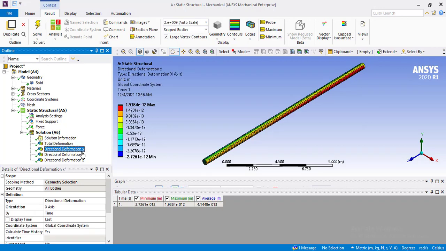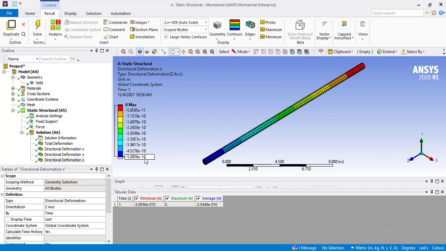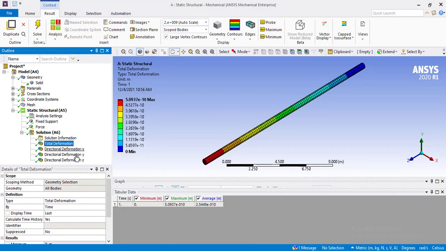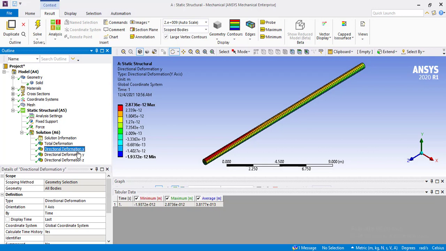We can see its effect in the X, Y and Z. As you can see, the load is being applied in the negative Z direction. That is why in Z direction the magnitude is in minus sign, because it is compressive and it is equal to the total deformation. While in Y and X, this is the effect of the Poisson's ratio, that is what is showing some value, but as soon as we refine the mesh the value will closely reach 0.